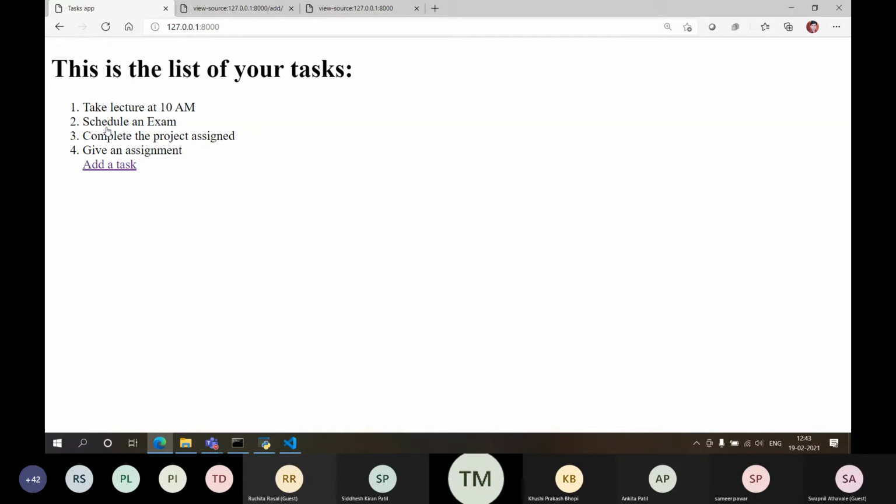But when I'm sending some information, that means I'm posting, like I'm posting a message on the group. What does it mean? I am posting means I'm sending some information. So that is why whenever you are submitting some information in any form, you should use the post method, not get.